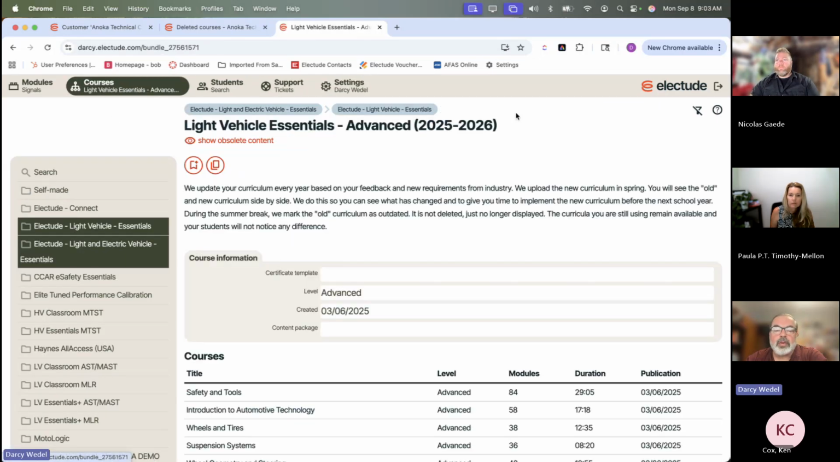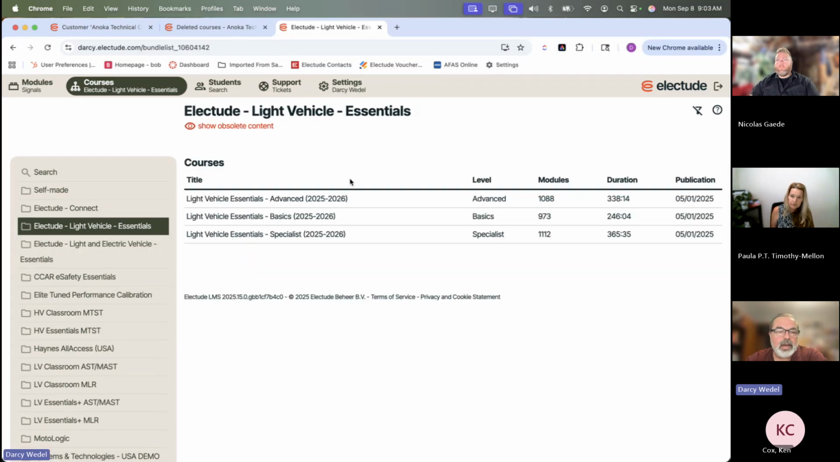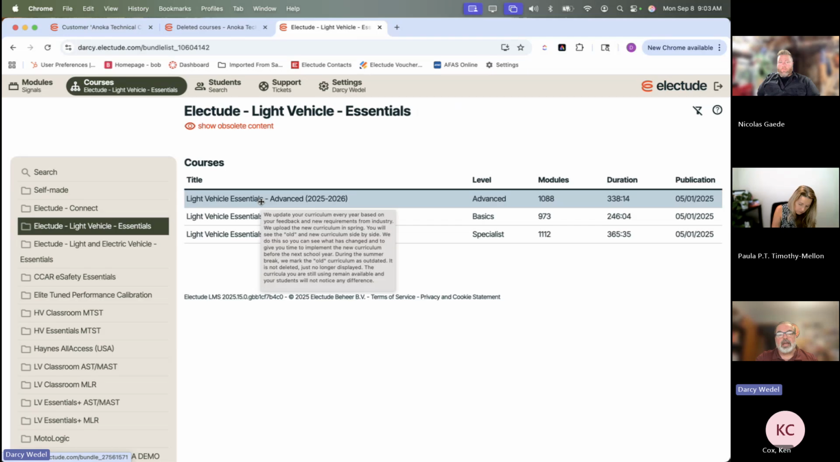This worked really well for a good number of years. This is how Electude broke into the United States, with this one single course. However, what teachers wanted here in the U.S. is content aligned to ASE. And in other countries, like in Britain and everywhere else, everybody wanted content that was aligned to their nation's standards. So, using this course structure as the foundation,